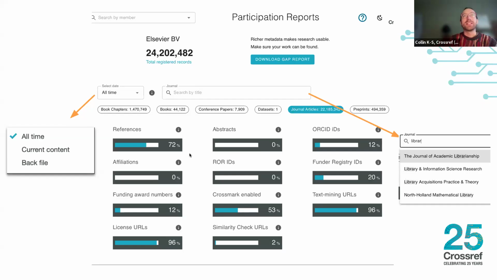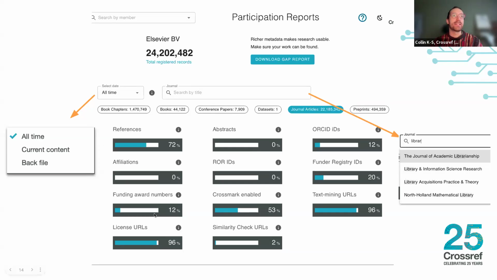That doesn't necessarily mean that only 72% of their journal articles have references. It only means that for about 28% of them, they haven't sent any reference metadata to us. They sent us 0% of their abstracts. I'm sure many of their articles have abstracts, but they haven't sent any of those abstracts to us. 12% of their metadata records, their DOI records, have ORCID IDs attached, and so on and so forth.